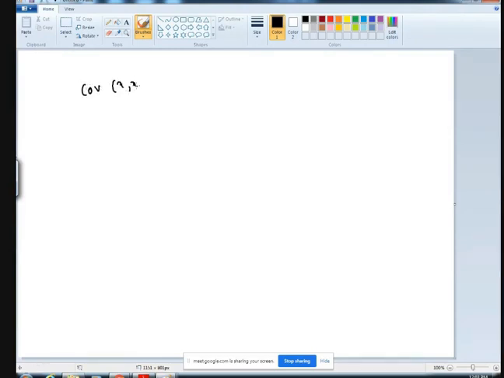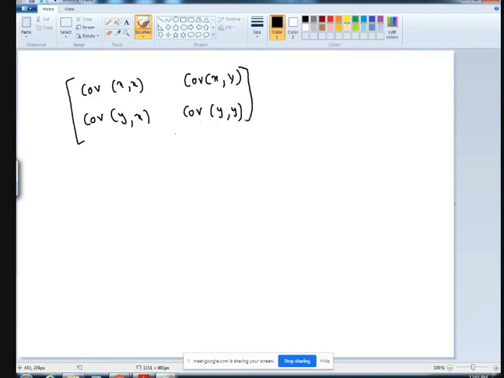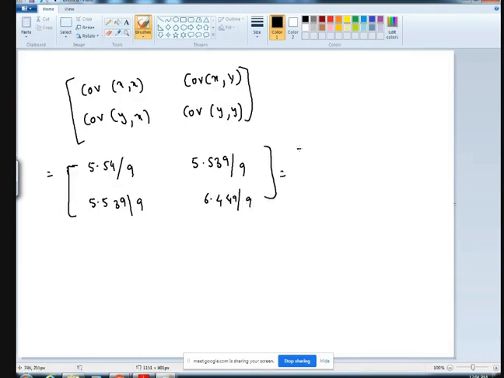Covariance of x comma x, I'll just write in the matrix form again. Covariance of x comma y, covariance of y comma x, and covariance of y comma y. The answer that I had obtained was this: 5.54 divided by 9. Why am I dividing it by 9? Because as per the formula, it needs to be divided by n minus 1. Similarly, 5.539 divided by 9, 5.539 divided by 9, 6.449 divided by 9. So at all, I get the answer as